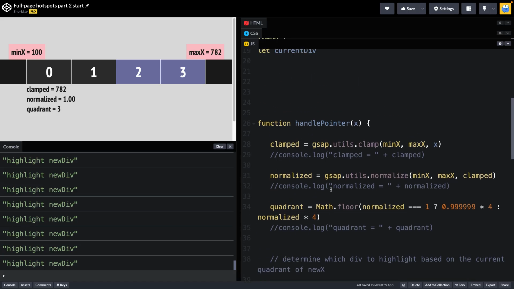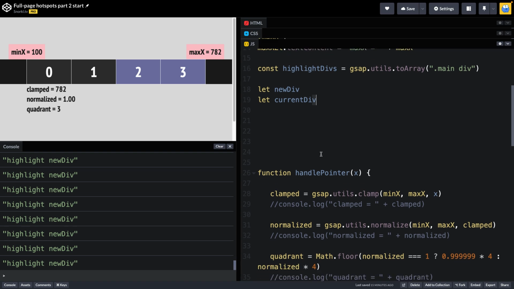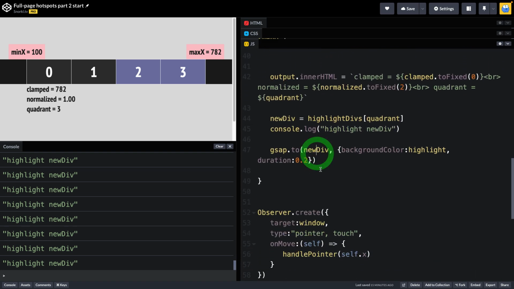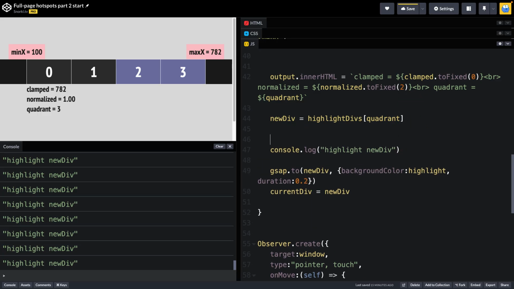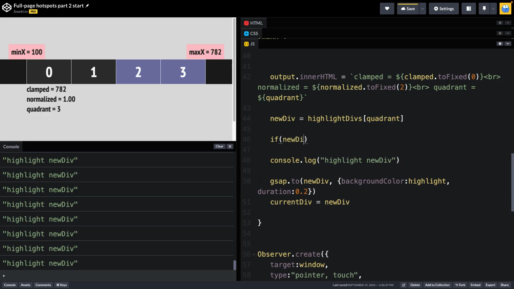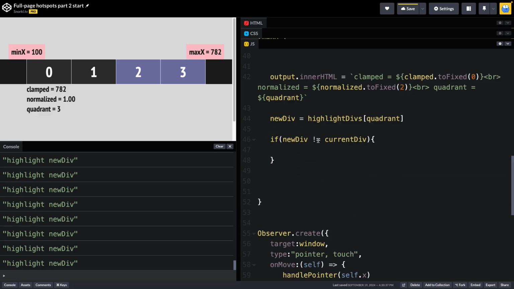And now you may remember that I very quickly pointed out that we are creating new div and current div values up here. So every time I highlight a new div, I'm going to set the current div value equal to new div. So now I'm only going to highlight a new div if the new div is different than the current div. And to do that, we're going to add a little conditional statement here. I'll say if new div is not equal to current div, then what I'll do is highlight the new div. So I'll just take this code here, I'm going to cut it out, and inside this condition, I'll paste that